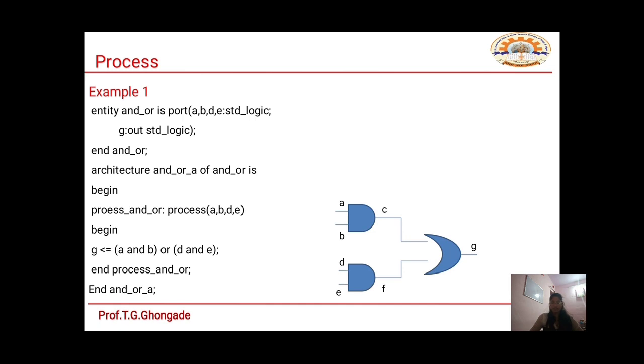It means that I need to wait for the addition operation to be done, then I need to wait for the subtraction operation to be done, and then my division operation will be executed. Okay, you are understanding my point? So if I have 3 to 4 statements in a single process, then one by one they will be executed.